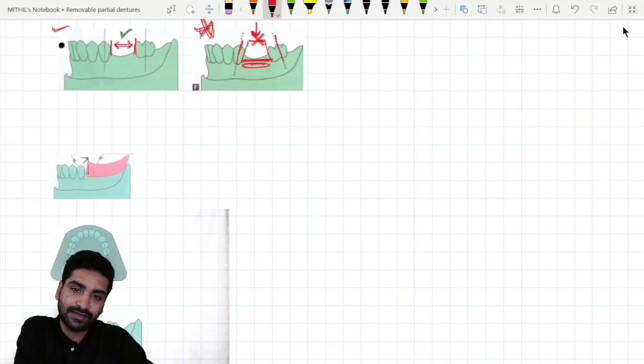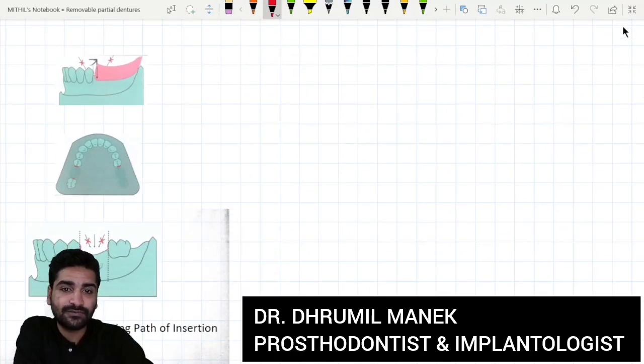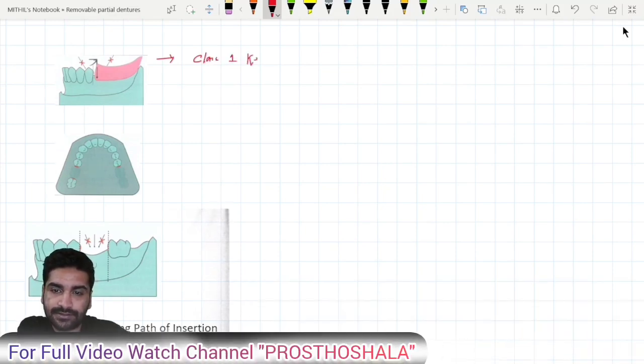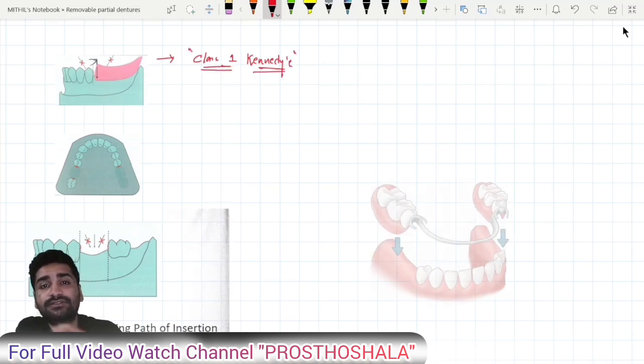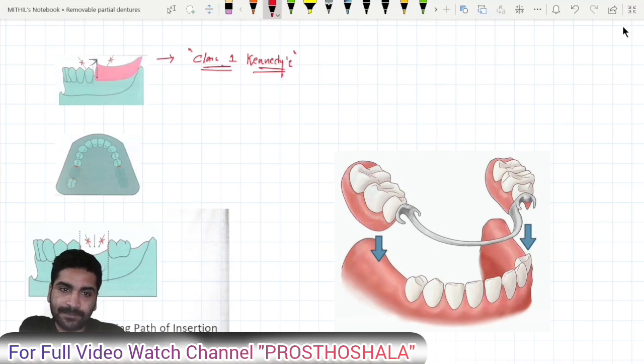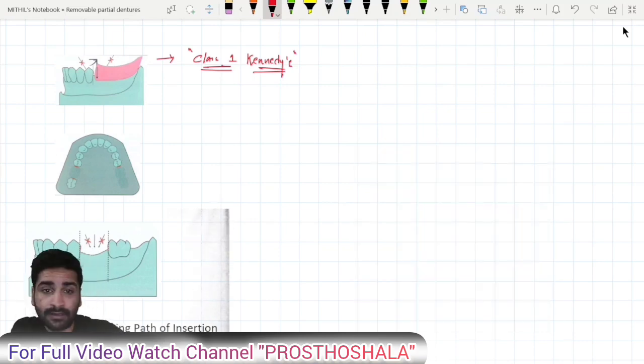Clinical situations where this path of insertion or the path of placement is going to play its role. So if I talk about first class 1 Kennedy situation, what is class 1 Kennedy's situation? Class 1 Kennedy's is bilateral edentulous area across the midline, bilateral posterior edentulous area across the midline. So now when we talk about a class 1 Kennedy situation, there are less chances of single path of insertion,